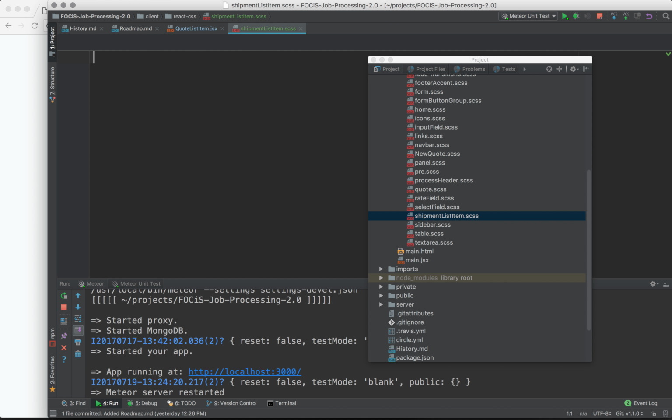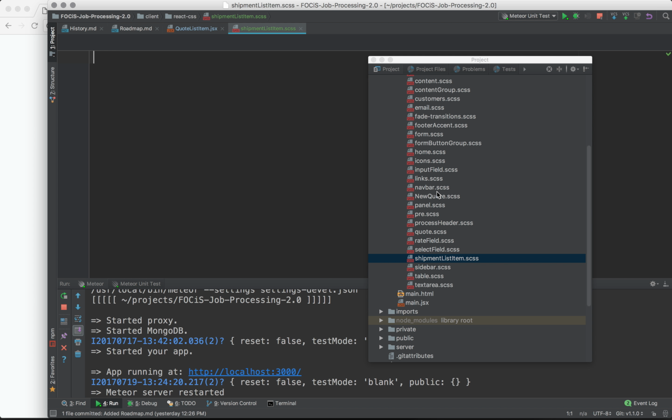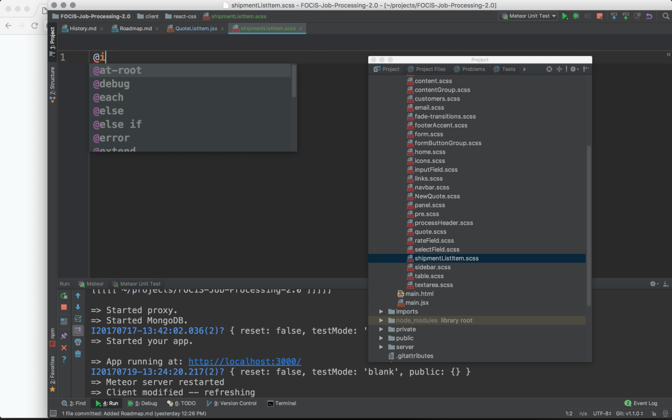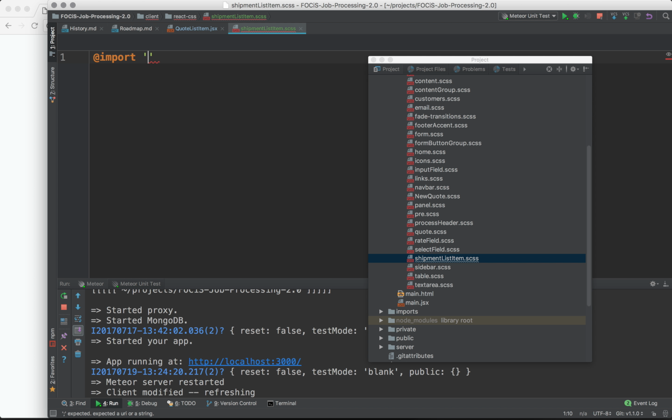So the SCSS file holds styling information. Import. So I need to import all my variables, my styling variables. So style globals. Okay, so now I can use any kind of variables I have in this file. And then